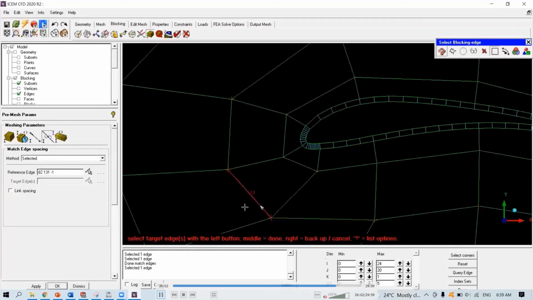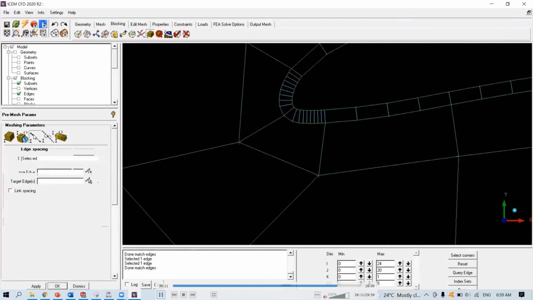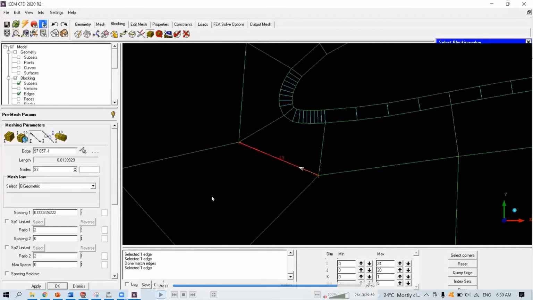High concentration, low concentration, same thing. Okay. Then what you can do next is that since the starting spacing here has been changed, we can make it grow more gradually. So the ratio can be about 1.05, something like this. We'll see.